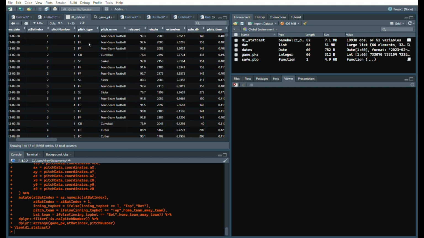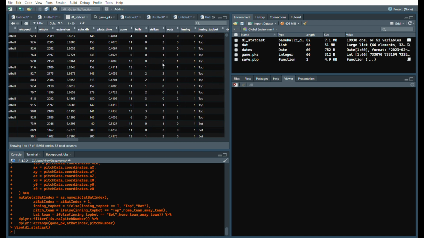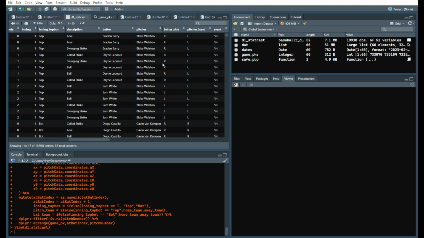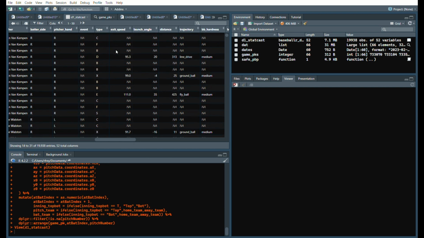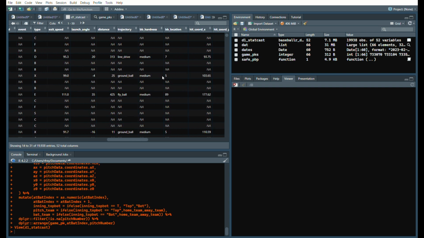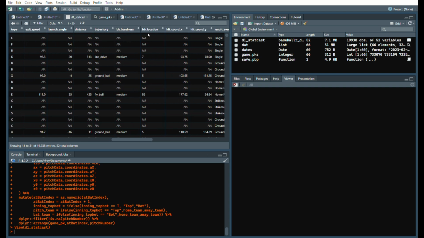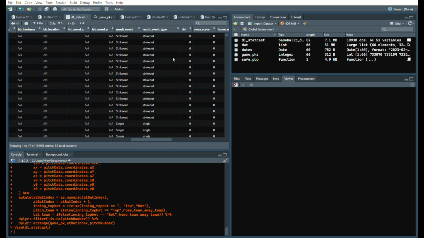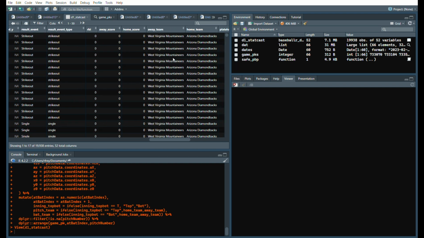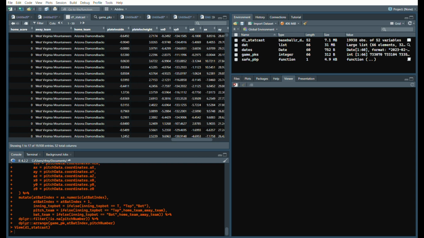Feel free to name it whatever you want, but REL speed is obviously pitch velocity, spin rate, extension, spin direction, things like that. And then we have description, batter, pitcher, any event, exit speed, launch angle, things like that, bat ball hardness, location, hit coordinates, result event type, RBI, away score, away team, home team, plate location side, plate location height,